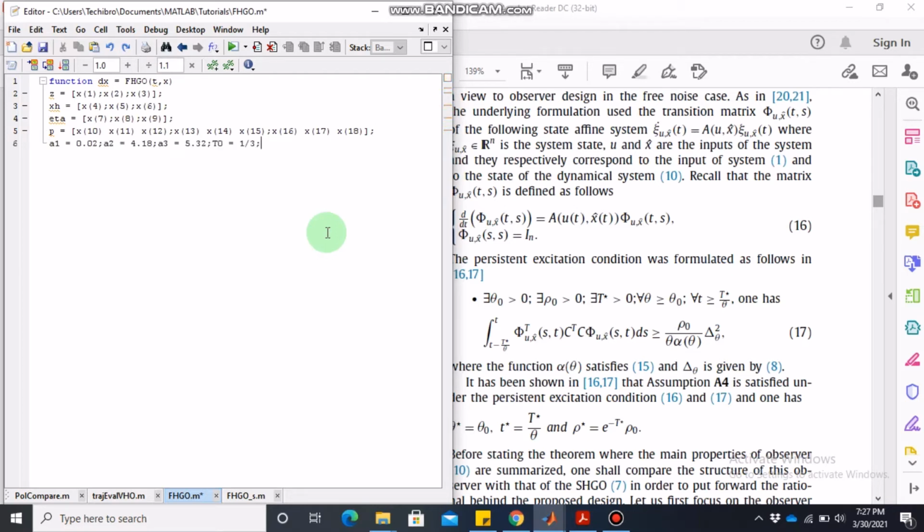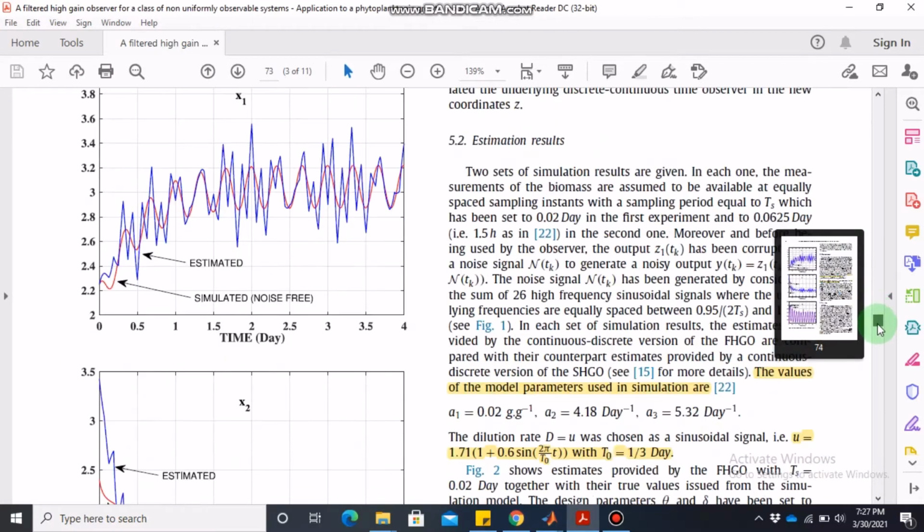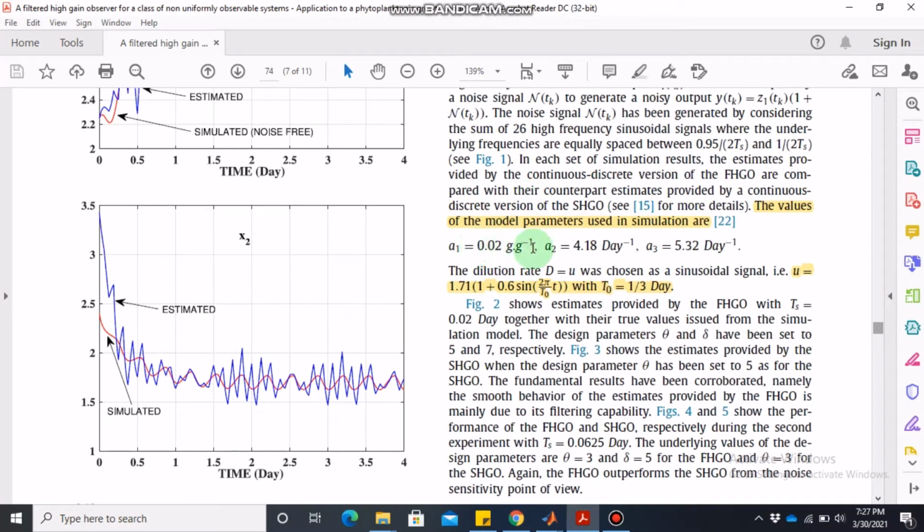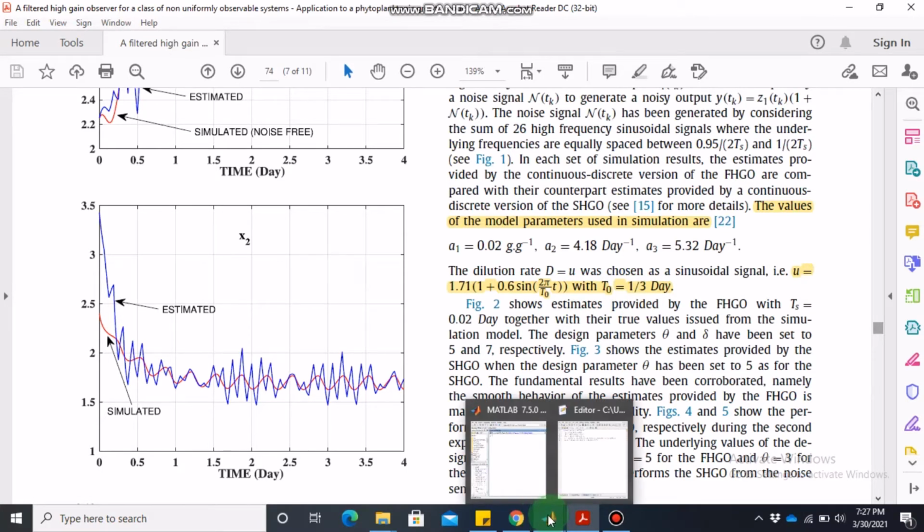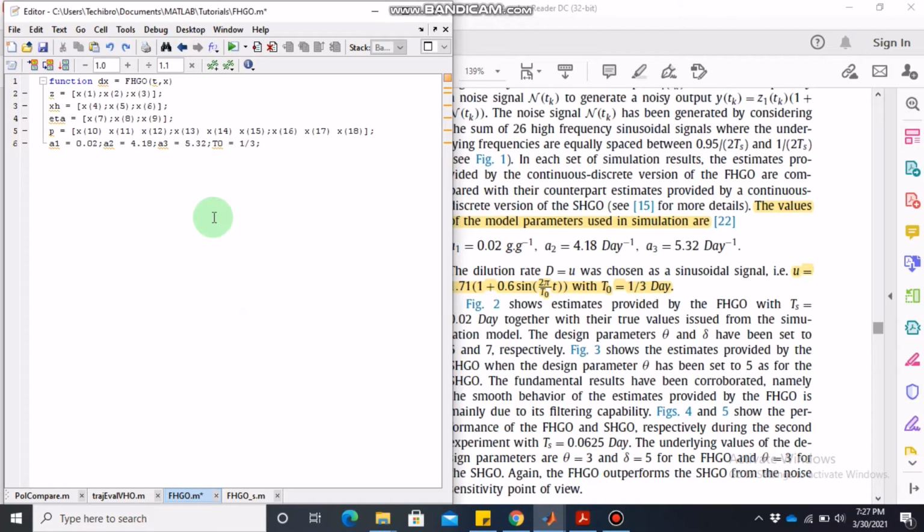then we have some constant values that are given in the paper, a1, a2, a3 and t0. These values are given in the paper. So this is the a1, a2, a3, and the value of the control input for the system is also given. The t0 is given to be 1/3. The unit of time is days, it does not matter as long as it is the same unit throughout the whole system. Then we have this equation of u that comes right from the paper,